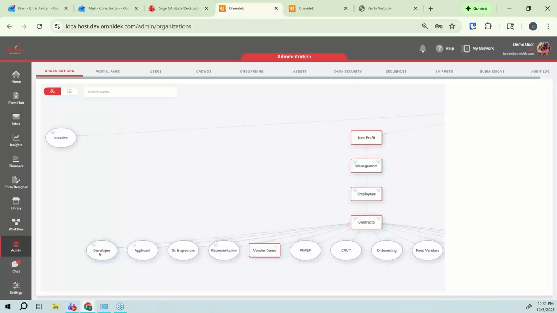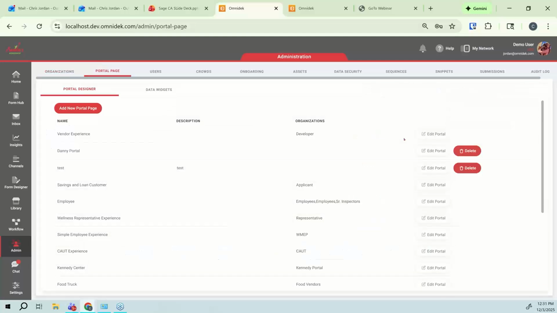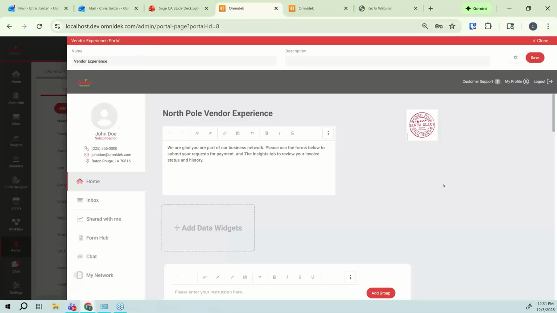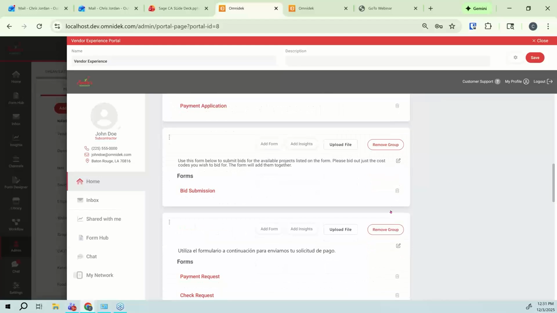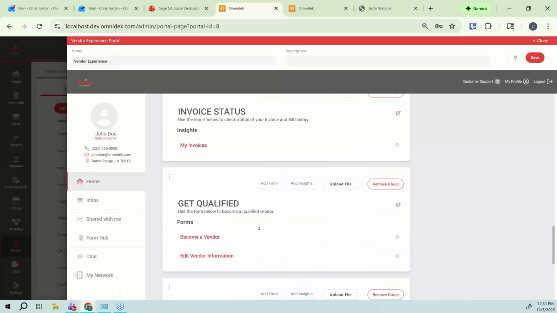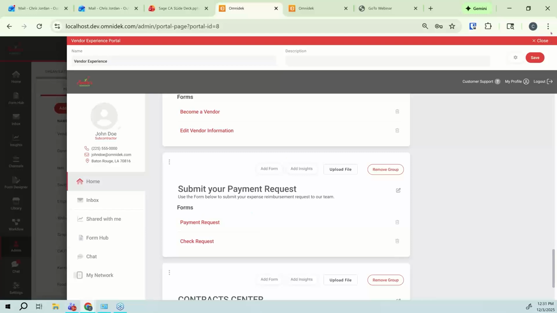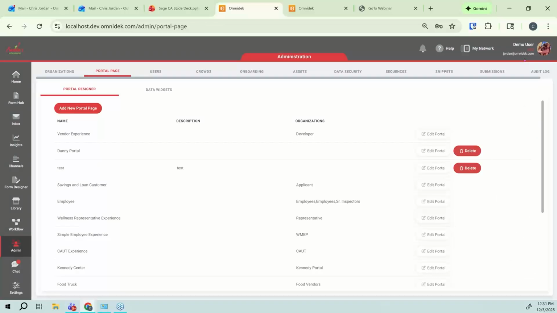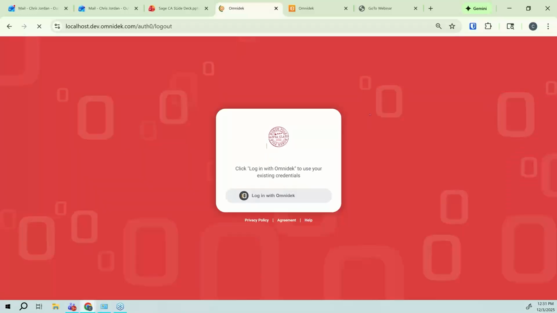See, in this example, I've actually got a portal created that I want my vendors to experience. So I actually came in here and I named it North Pole Vendor. You see, I did a little Santa Claus theme. And then I've built some functions in here where I wanted them to be able to submit their invoice and check their invoice status, get qualified, things of this nature. So what happens is I just created a vendor where that email address that was on the vendor file is associated to now the correct vendor